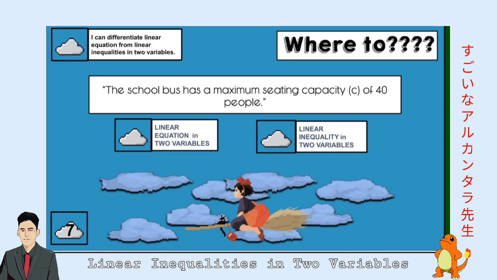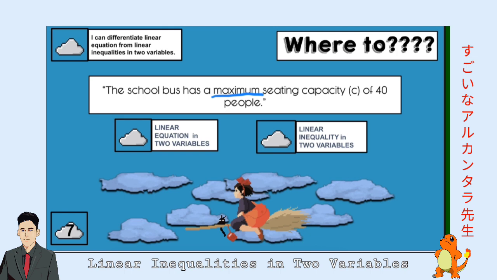Lastly, we have: the school bus has a maximum seating capacity of 40 people. Now, this thing right here is an exception to the rule. Yes, there is no comparison, but there is a certain term that was used that made this an inequality, and that is the word maximum. Meaning to say, imagine it like this class. The school bus has 40 seats in there, seating capacity. This means that there could only be 40 people sitting,